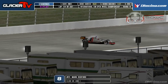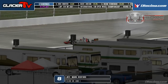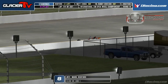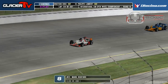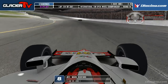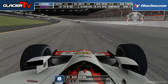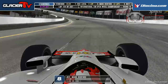Replay up on your screen, and Randolph, it's one of those things, and we've seen a number of drivers save it. For Redford, he just wasn't able to do so. Yeah, not everyone can save it all the time, but you know who's really feeling good about that right now? Veneman, because he was right there next to Redford as he spun. It was a matter of inches. I'm sure Veneman, for a moment there, was like, well, my race is over. And then now it's not, and he's just thanking whoever he wants to thank that he's still